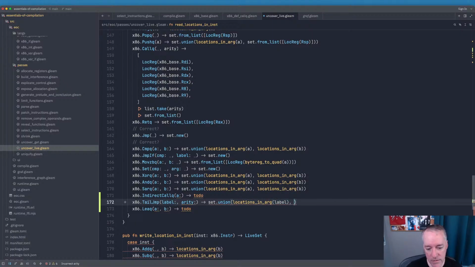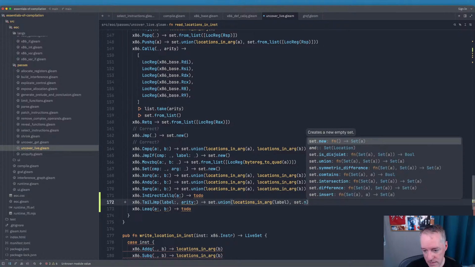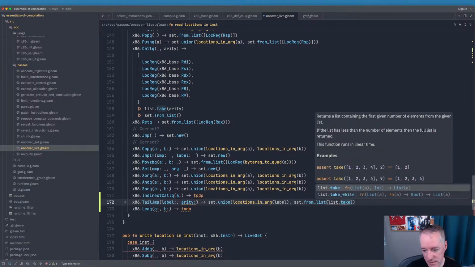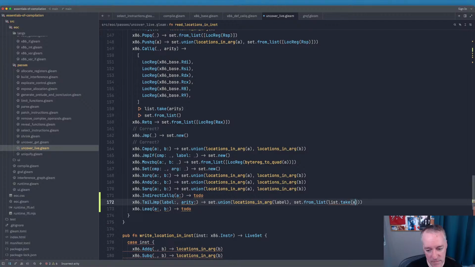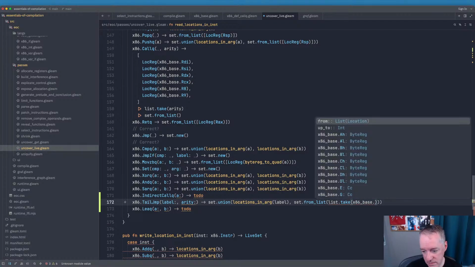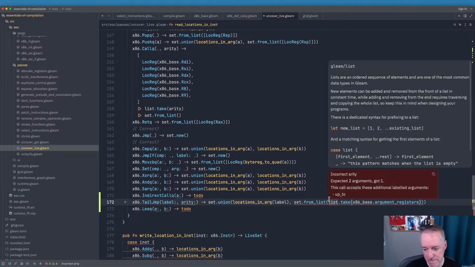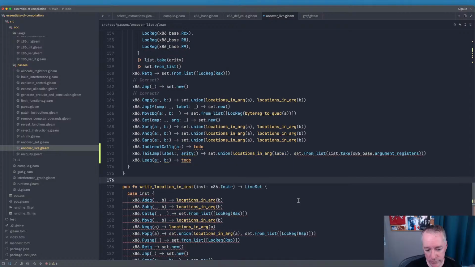And then we're going to take set from list, and we'll say list take from x86 base dot argument registers. Alrighty. That's going to give us